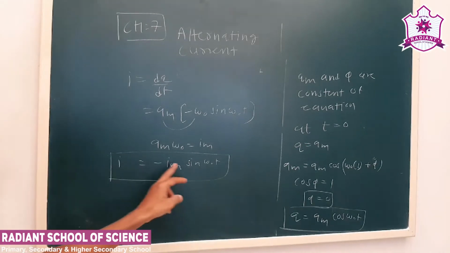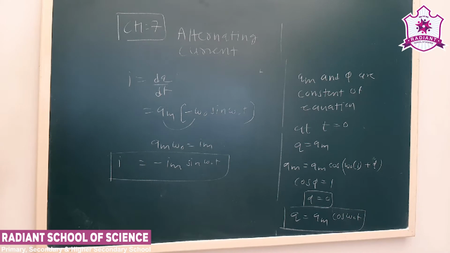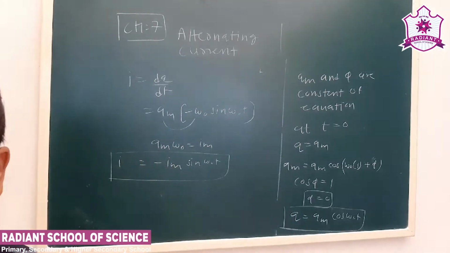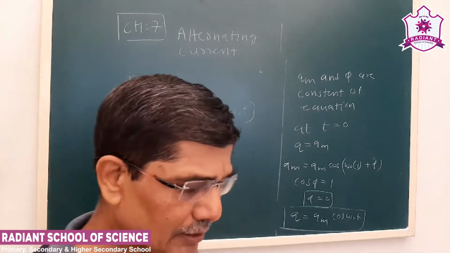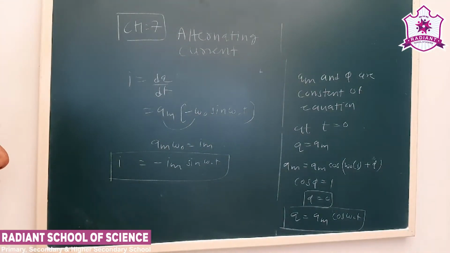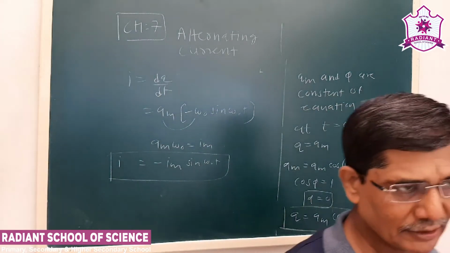See here, in the equation of current we also have a sine function. We know sine is also a periodic function. This is how the current also varies periodically. So this is how, in LC oscillation, charge and current can vary periodically. Now see here, we have seen this is a differential equation of LC oscillation.